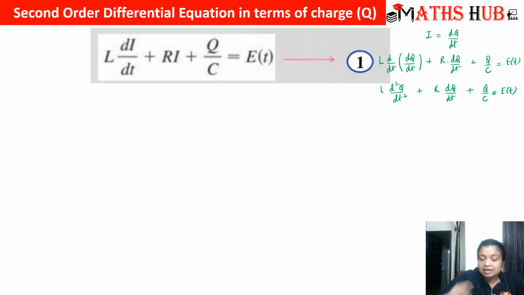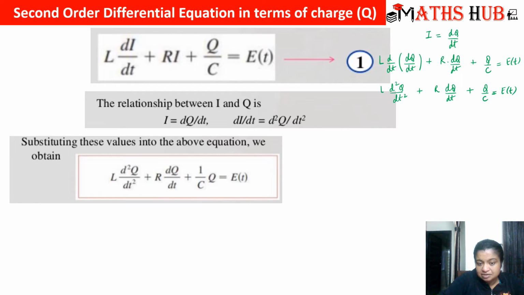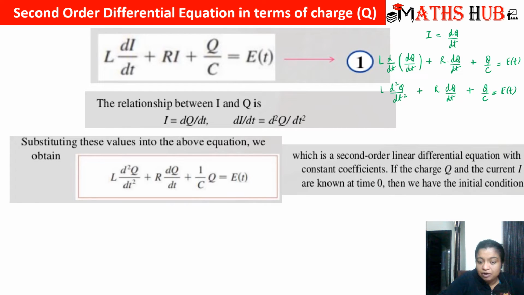Now this is the equation that is in terms of Q. So here you can see that I've just replaced it, and this is what we are getting. So this equation is purely in terms of Q. Now, how can we convert this equation in terms of I? So you can see that this is already in terms of I, this is also in terms of I. Now, Q has to be replaced in terms of I. So if I take the derivative of the first equation, what will I get? L is constant. So we will have L d2I by dt square plus R,